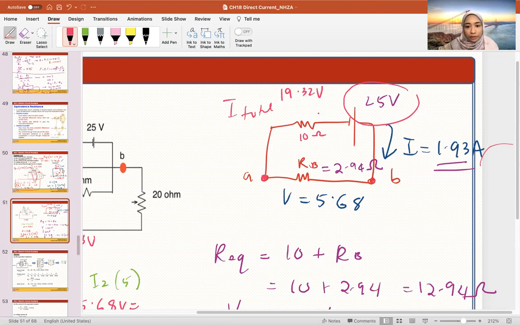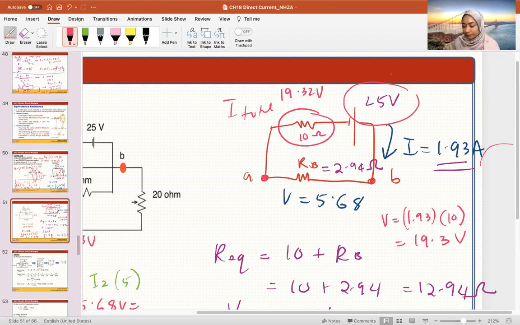So if I wanted to find the voltage over here, I can say V equals I, the I flowing through the whole circuit, 1.93, times the R that I am finding the I for. I'm finding it at 10 ohms, so it should be 10. This is 19.3, which is what we got from